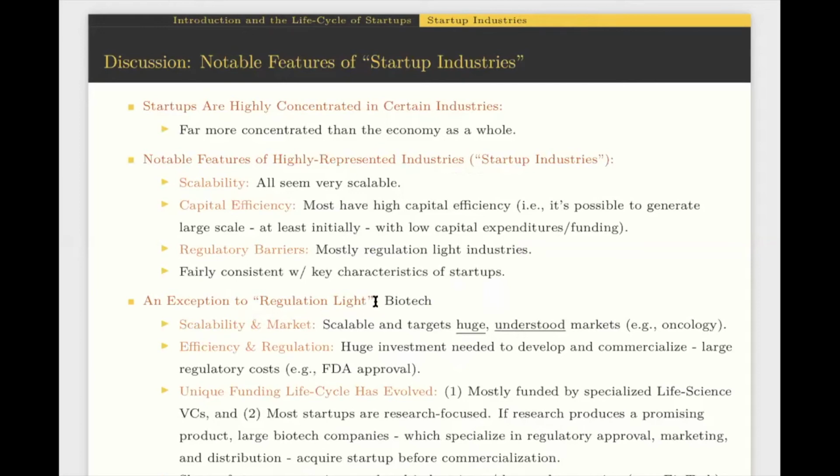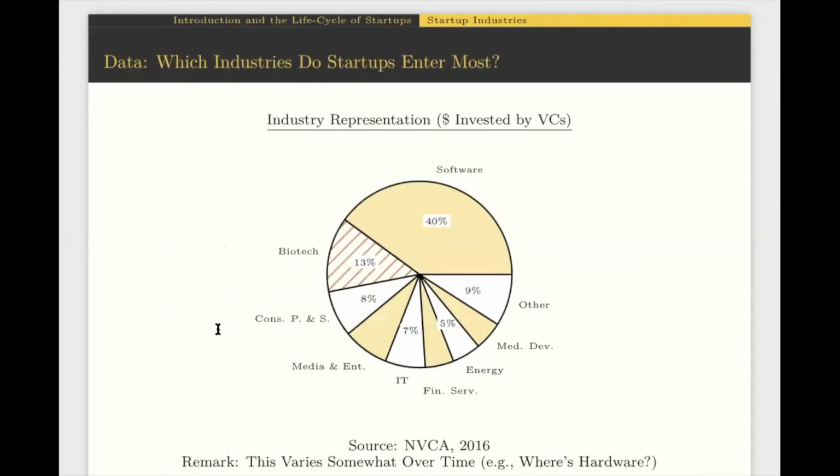An interesting thing to point out about biotech is that biotech actually has a substantially different life cycle than typical startups. In particular, as I mentioned earlier, we have these different forms of uncertainty associated with most startups, right? I mentioned product uncertainty, beachhead market uncertainty, go-to-market uncertainty, and market expansion uncertainty. Well, if you look at biotech startups generally, by far the disproportionate amount of uncertainty that they have is product